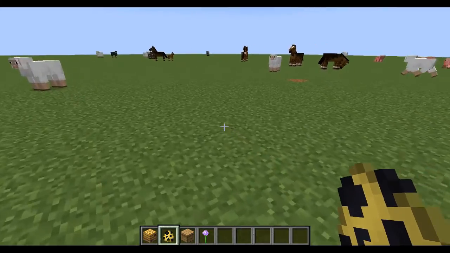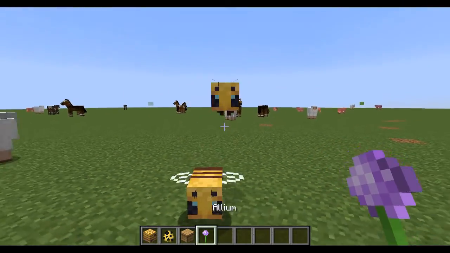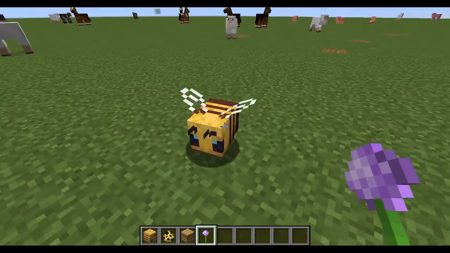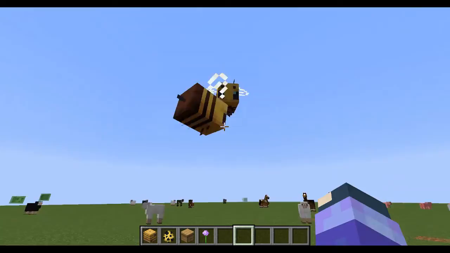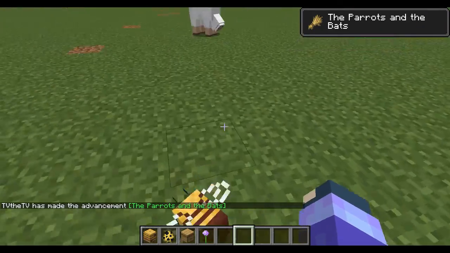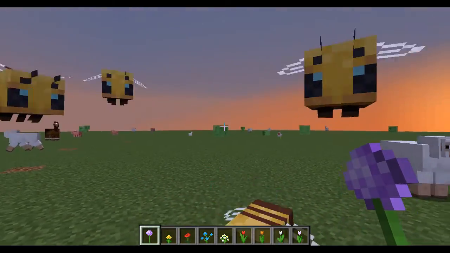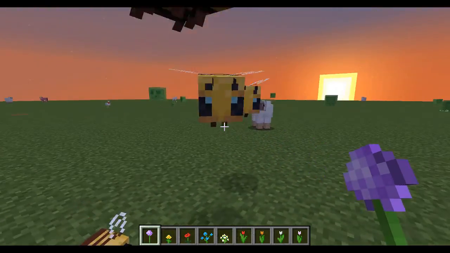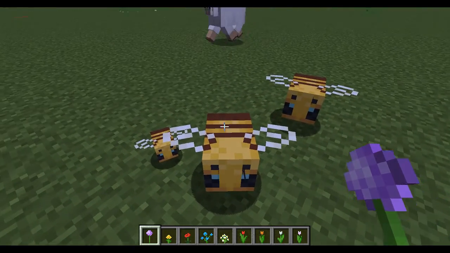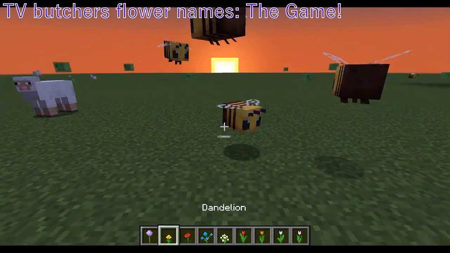You can breed bees with flowers. So if I get 2 bees here, oh, they follow me. How cute. Bap and a bap. Let's see the magic happen. Baby! Oh, so cute. Now, let's see if there's any flowers bees won't follow me with. Oh, they sit too. Okay, they'll follow me with the